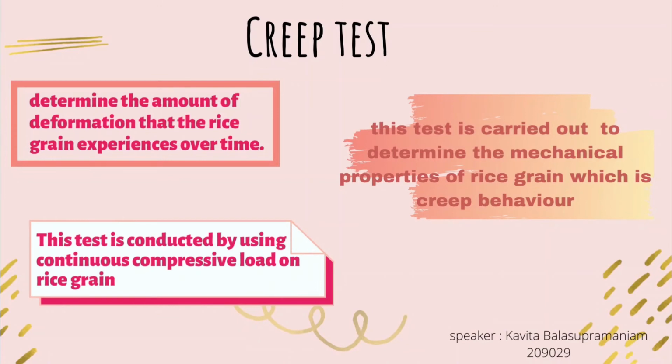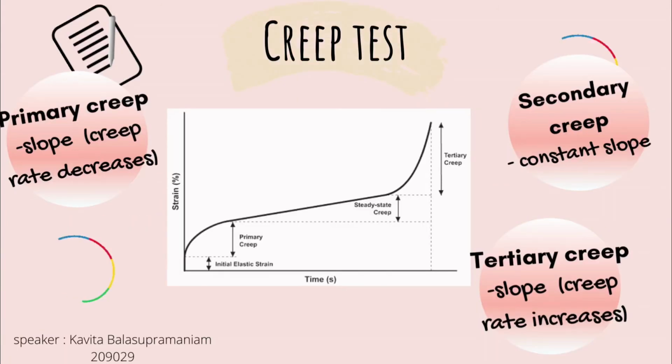Creep test is used to determine the amount of deformation that the rice grain experiences over time. This test is conducted by using a continuous compressive load on the rice grain. Creep is divided into three stages: primary creep, secondary creep, and tertiary creep. Primary creep starts at a rapid rate and decreases with time, while secondary creep has a relatively uniform rate, and tertiary creep has an accelerated creep rate which increases with time. As for the creep testing,